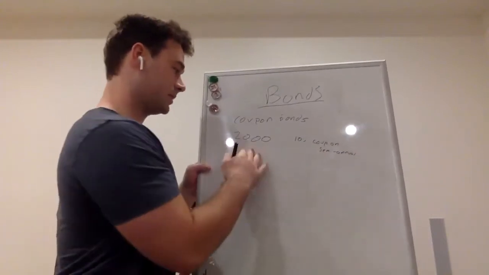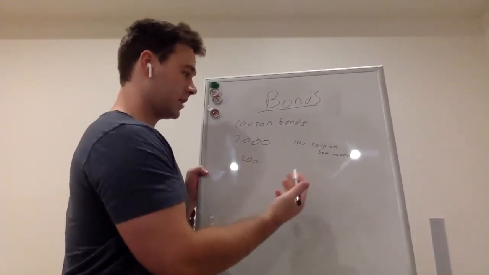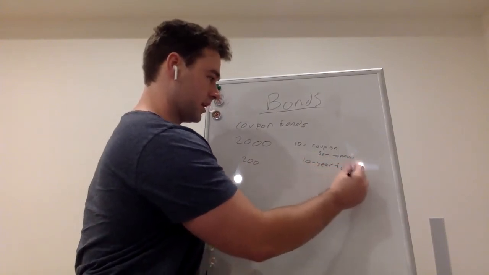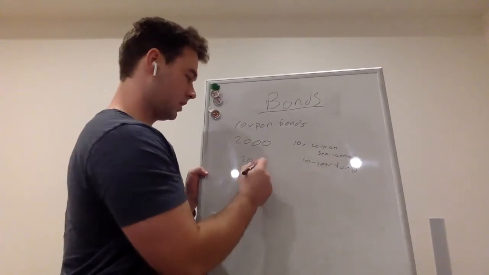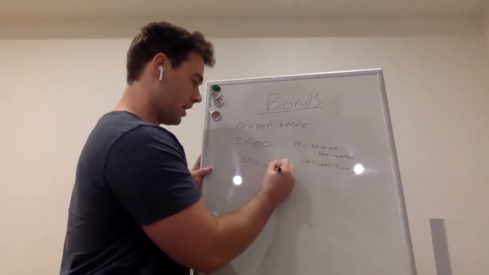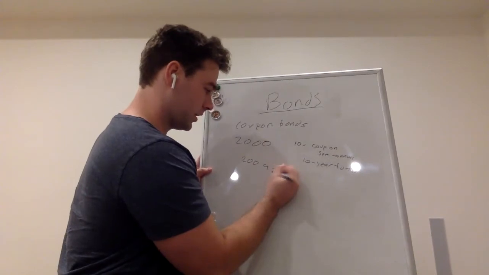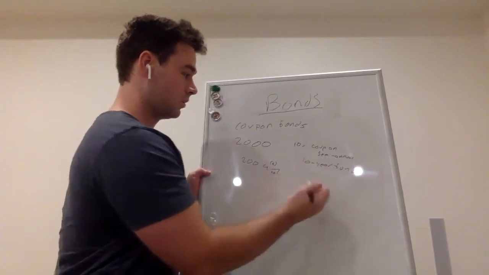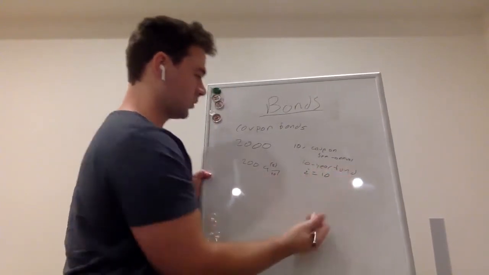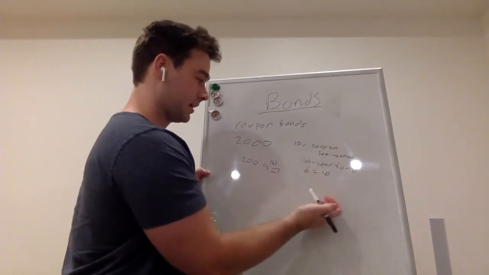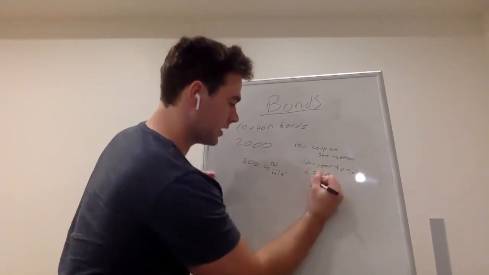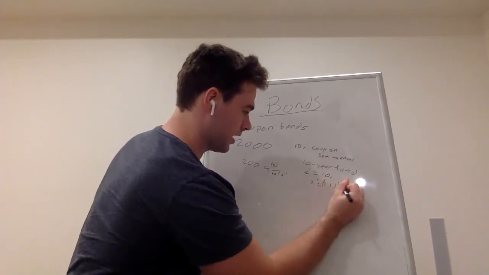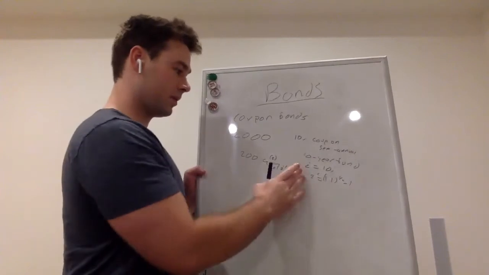So that means we have 10%, so we get $200 semi-annually. Let's say it's a 10-year bond. That means we're going to get 20 coupons of the 200. So that would be 20 a angle 20 at the i effective, where i is equal to 10%. We'd have to convert it to the i effective for this, which I'll call i prime, and i prime is equal to 1.1 to the 1/2 minus 1,